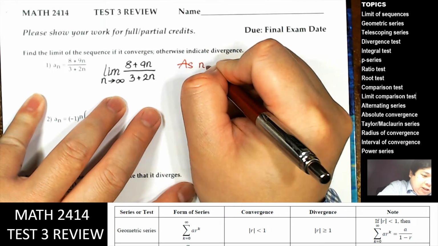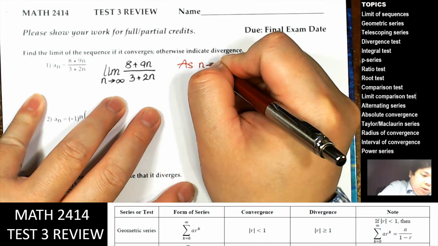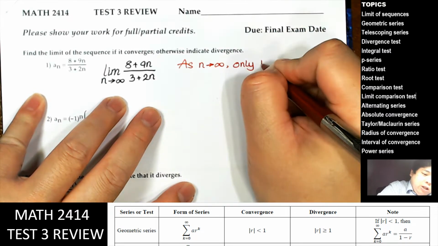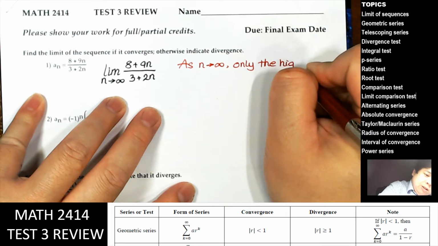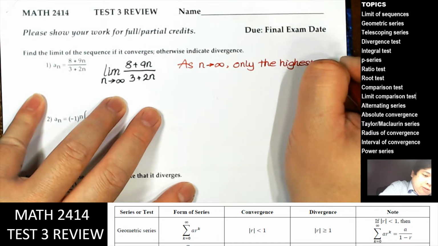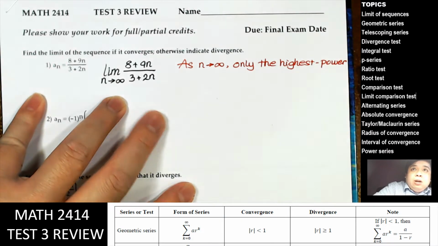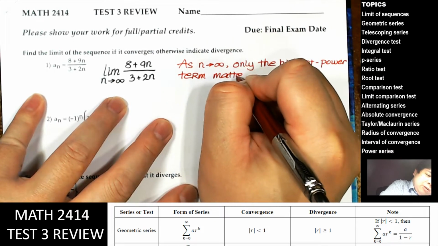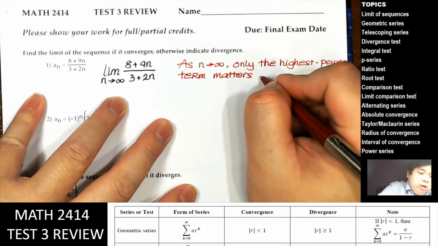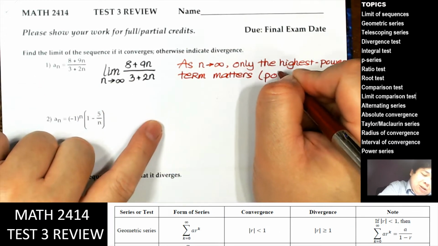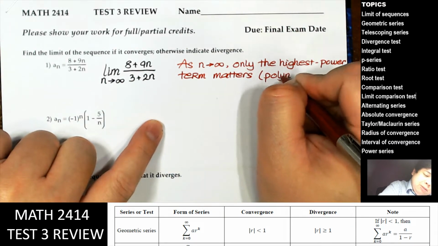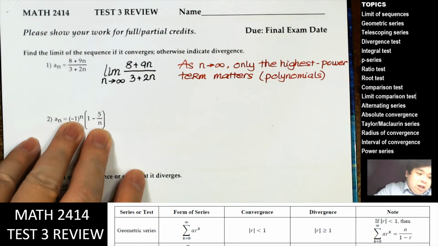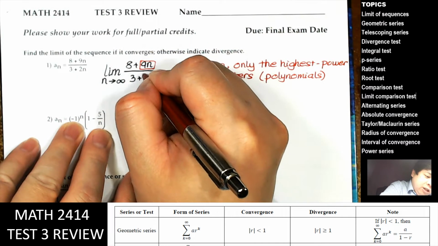As n goes to infinity, only the highest power term matters, and this is for polynomials like that. It works for polynomials. So in this case, we will only take the highest power term here and here, and we say that when n goes to infinity,